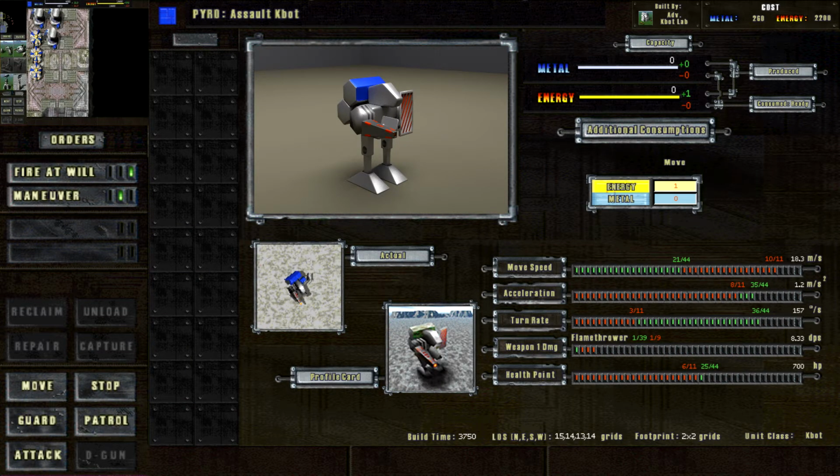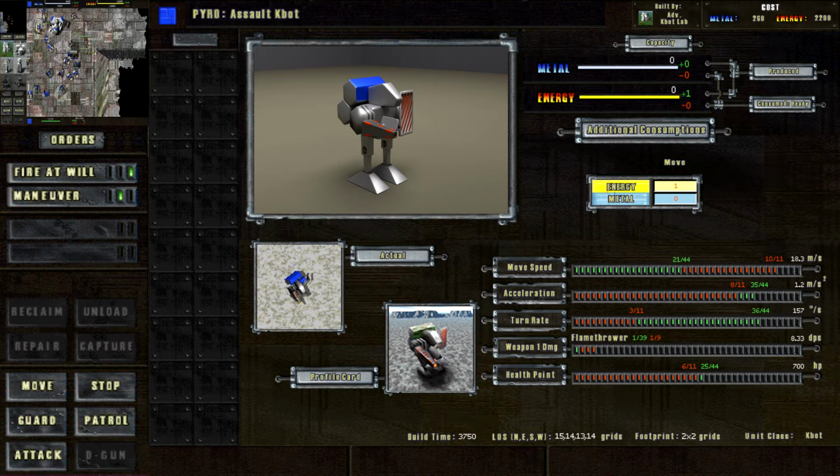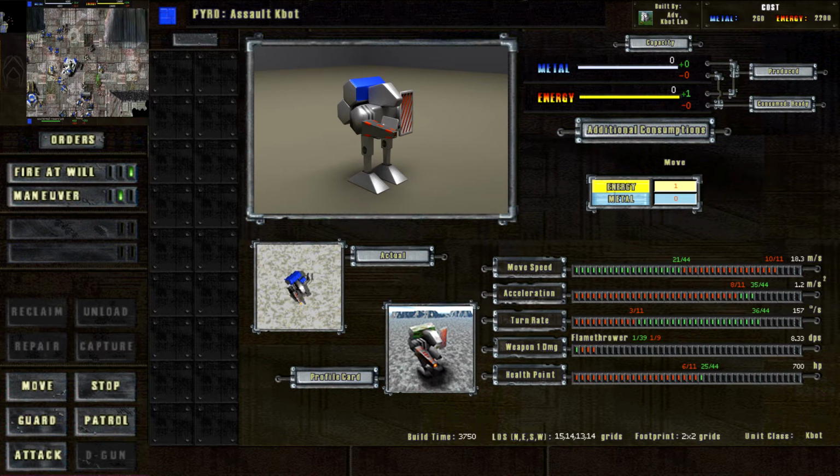The Pyro, an assault K-Bot that uses the flamethrower as its primary and only weapon. Its high move speed, only slower than the AK, makes it a good candidate for strike forces. Although it has a low DPS based on its reload time and its base damage, its weapon has a special burst fire mode. The flamethrower fires in a burst of 17 times, meaning it deals a base damage of 10